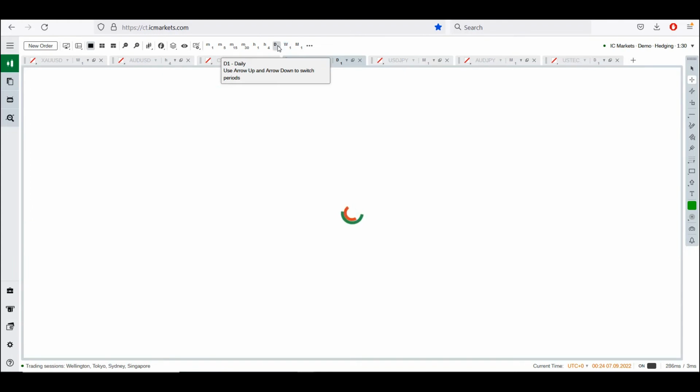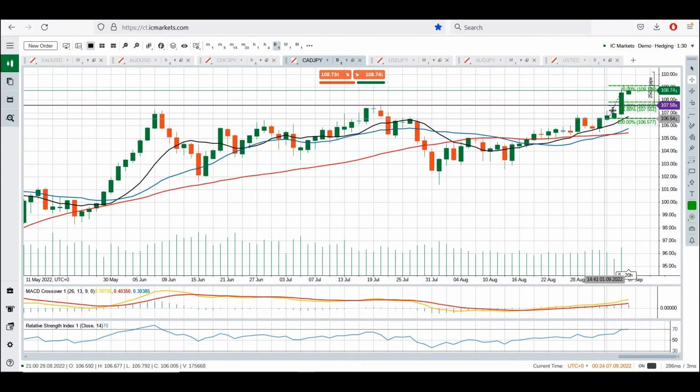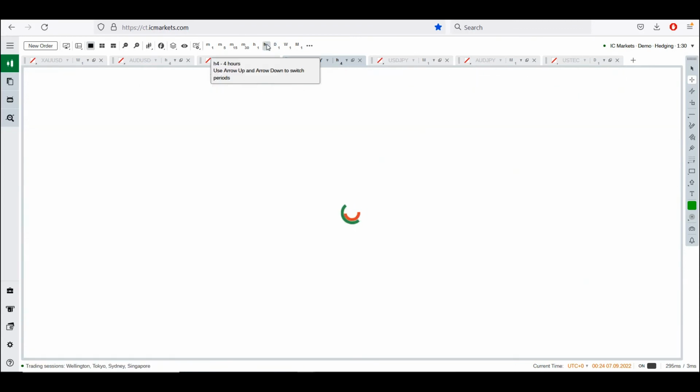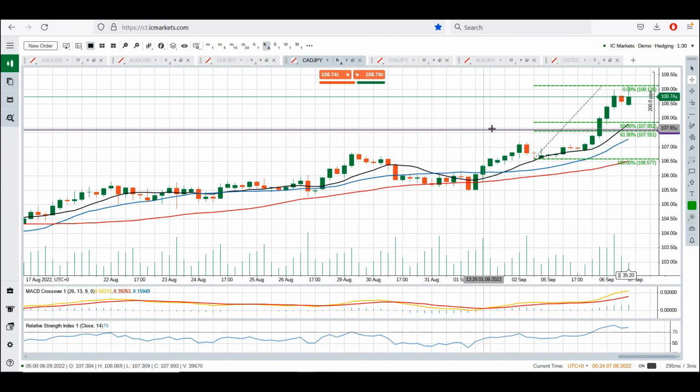And if we drill down into the daily, again, we can see that breakout. So this is the move, a nice push higher yesterday, breaking above this previous swing high. So again, looking at the 4 hours, drawing the Fibonacci on the latest move on the 4 hours from the low to the high, and once again we have a very nice clustering in that area between that level, that spike on the weekly, with the 61.8% retracement of the latest move on the 4 hours, and it's also clustering